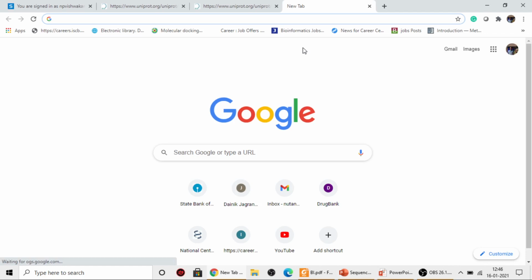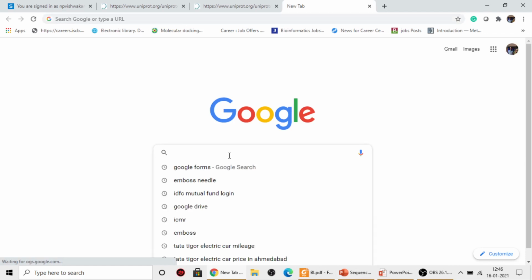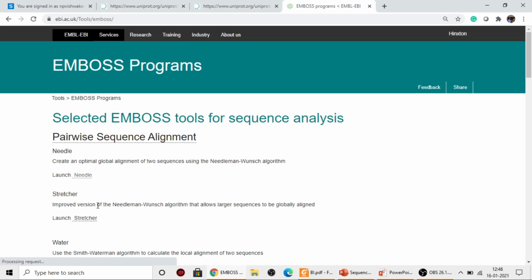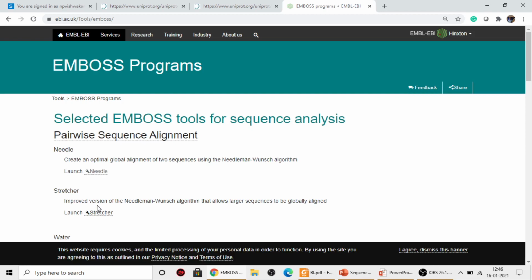The best resource, if I want to perform the global sequence alignment online, is to just type on Google the EMBOSS, European Molecular Biology Open Software Suite. Here you can find the link of the EMBOSS programs. As you know, pairwise global sequence alignment is performed by the Needleman-Wunsch algorithm. The server which is based on the Needleman-Wunsch algorithm, you may find here, means needle. If I click on the needle,